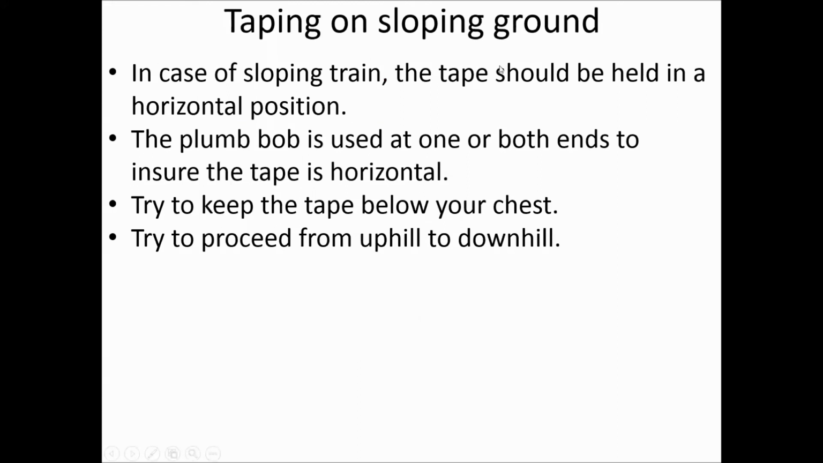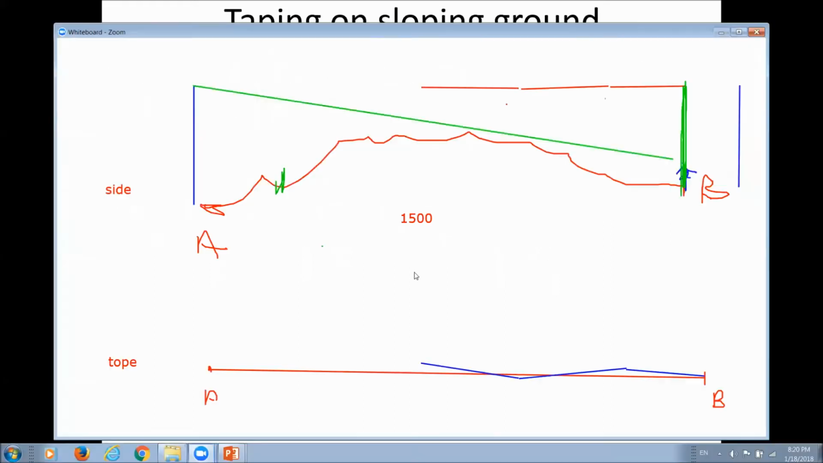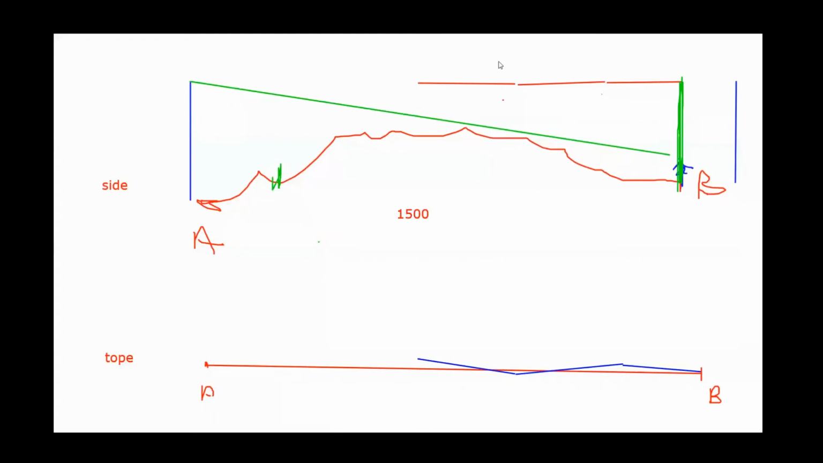If you are taping on sloping ground, make sure to use the plumb bob, otherwise you get inclined or tilted distances. Try to proceed from uphill to downhill. Okay, let's go to the board here and clear it. Let's assume I'm taping on this hill here, then I tape this way. I should be taping